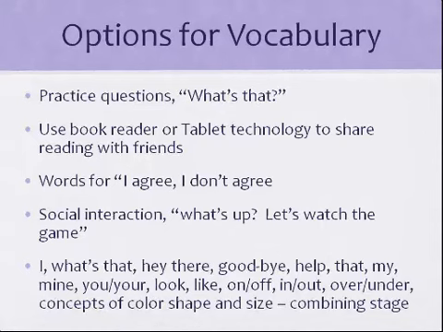Use a book reader or a tablet to share reading with friends. Discuss possible actions of characters in the story and see if the child agrees or disagrees. If you're reading, Don't Let the Pigeon Eat the Hot Dog, you ask the question, do you think the pigeon wants to share his hot dog since he does everything possible to get away from it? Use these pronouns, I and you, for turn-taking, prepositions for Potato Head, in and out, on and off, over, under. And then you can add sizes and colors to favorite objects like big red car, little yellow car for the car race.